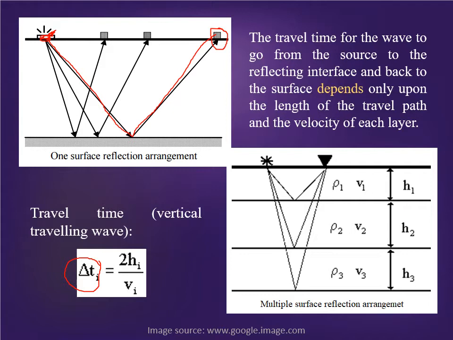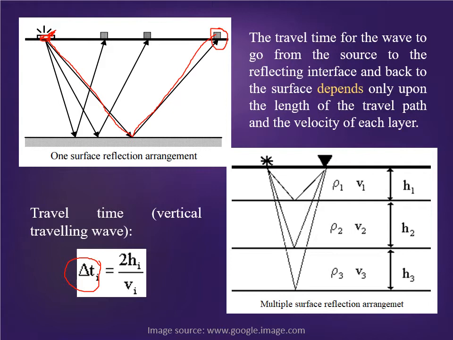This equation is for a single layer or two layer model, where there is only a single interface. From that interface, the rays are reflected back and they are collected in different